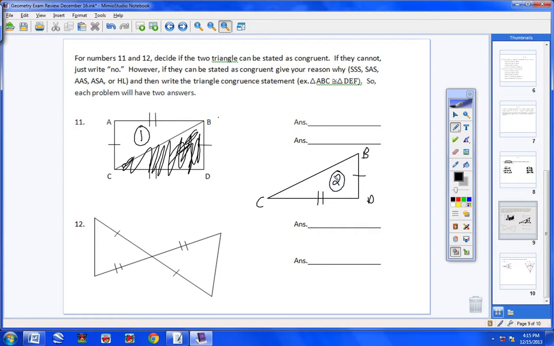Can we do that? Well, let's see. First of all, I know I have side AB has 2 slashes and CD has 2 slashes, so I know they're congruent. And I know that AC, 1 slash, is congruent to BD, so that's good. So I know I have 2 sides. So 2 sides being congruent, I'm not going to use this. But it looks like I can use side, side, side, I believe, because I have